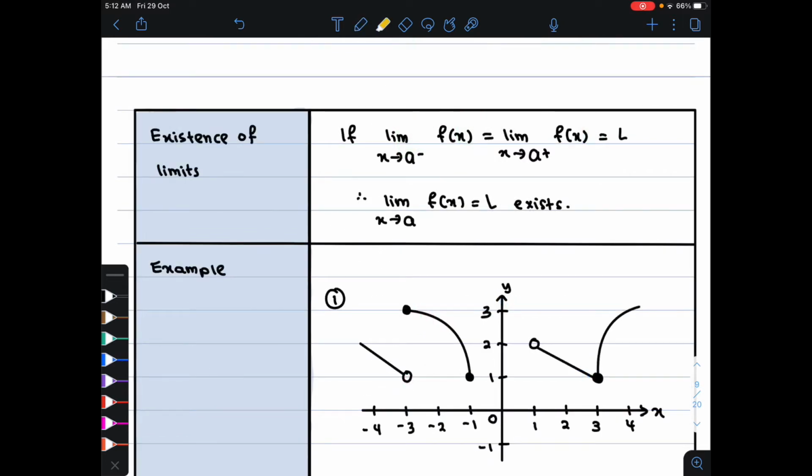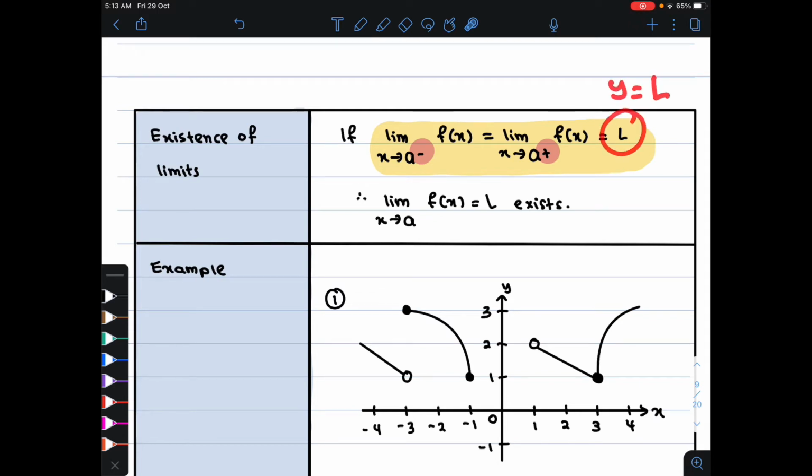The next definition is the existence of a limit. If the limit of f(x) as x approaches a from the left-hand side is the same as the limit of f(x) as x approaches a from the right-hand side, which is a value L or the value y equal to L, this means that the limit exists. Because the limit from the left-hand side and the limit from the right-hand side both approach the same value, which is